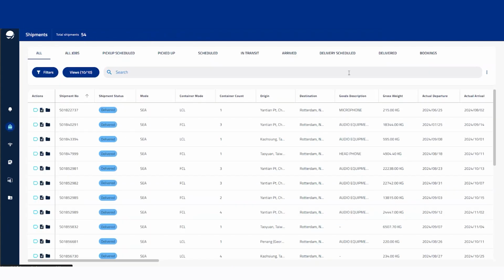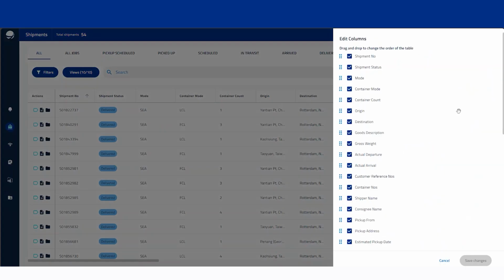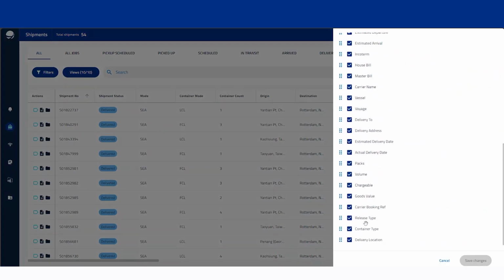Then another nice new feature that we didn't have in Connect previously is this option here. By pressing the three dots, we've still got the export to CSV, so we can take this out to an Excel, but we've also got this edit columns option. The edit columns option is what you see on screen here right now. We can change the order and bring certain things up. So if we wanted the